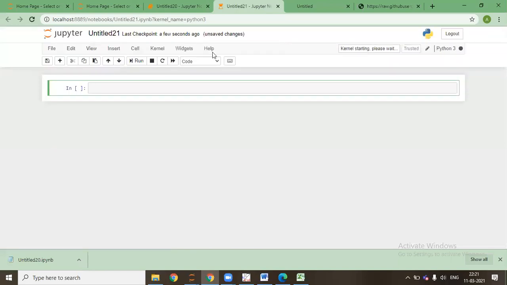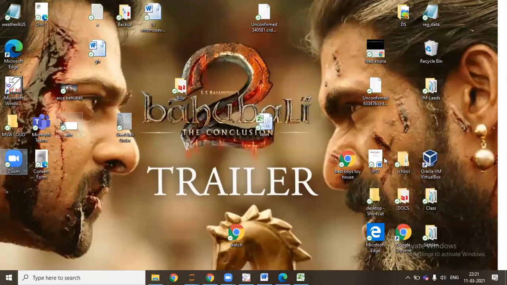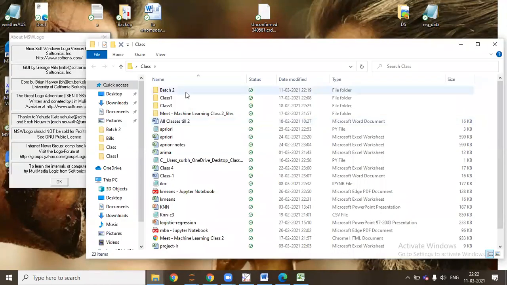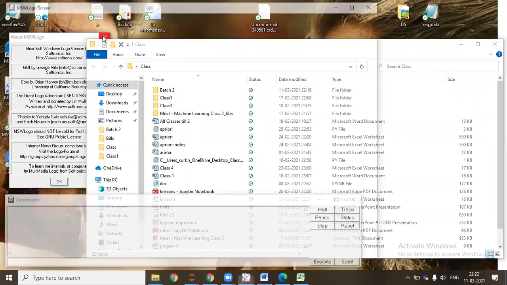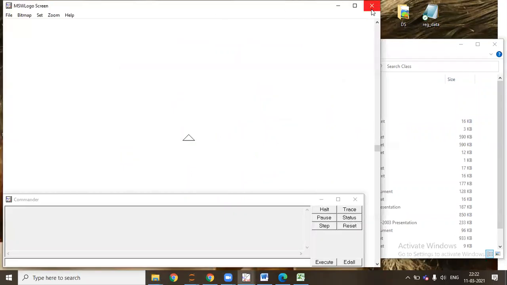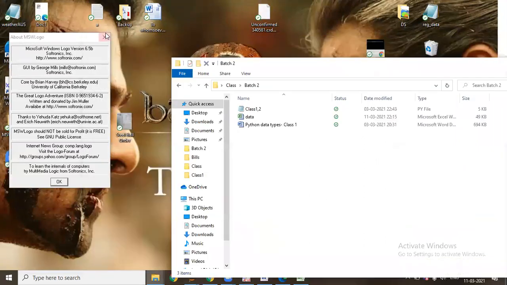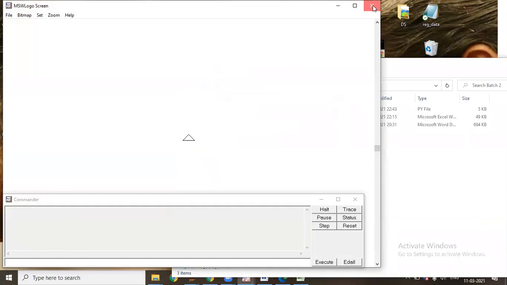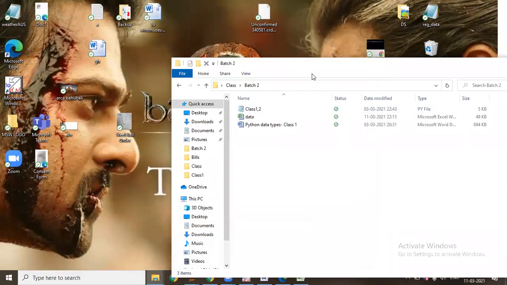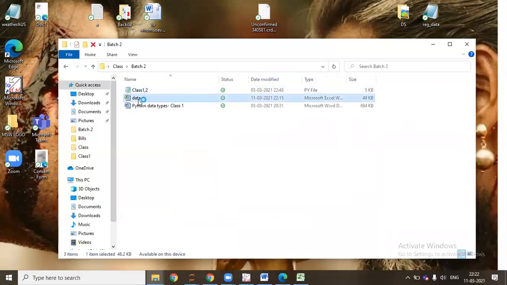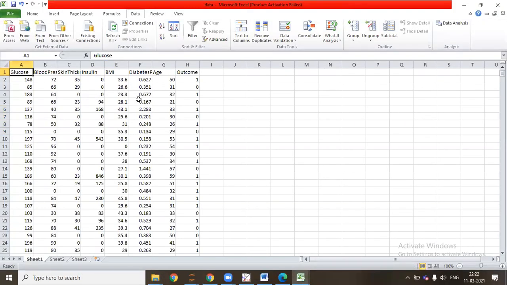So I have a data with me. This is the diabetes data that is basically on GitHub as well.